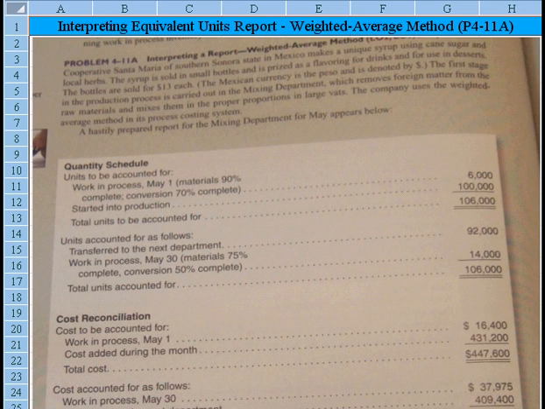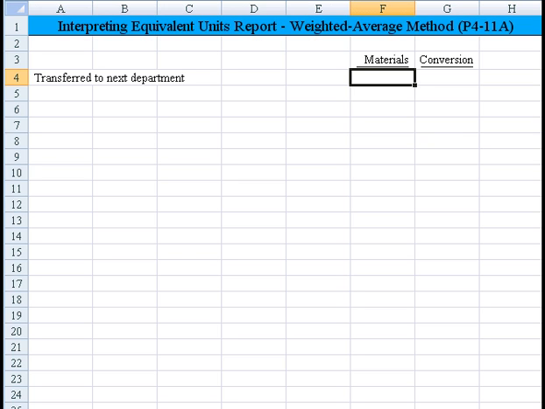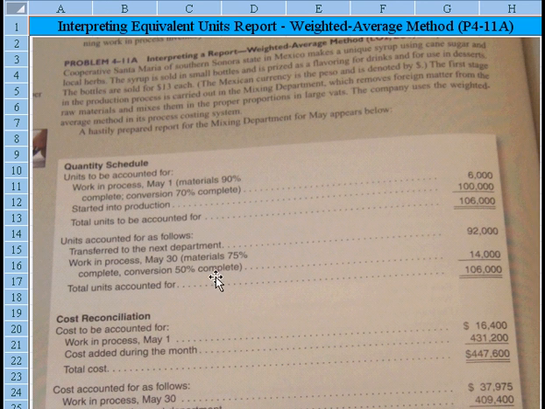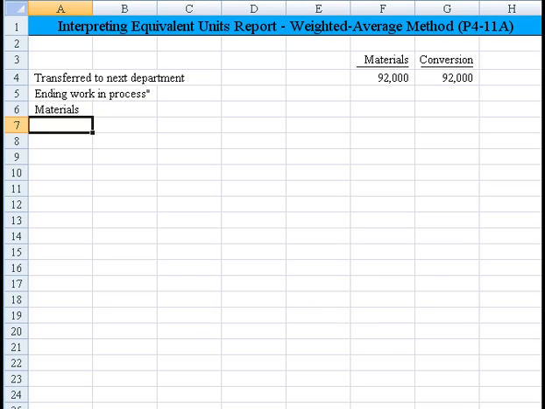Okay, we've got 92,000 transferred with regard to the material component, and if we transfer it to the next department, it's also complete as to conversion, so that is also equal to 92,000. Then we need to consider what was the ending work in process. As to materials, I believe we had 14,000 units, 75% complete, and conversion cost 50% complete. So we'll indent here and say materials was equal to,